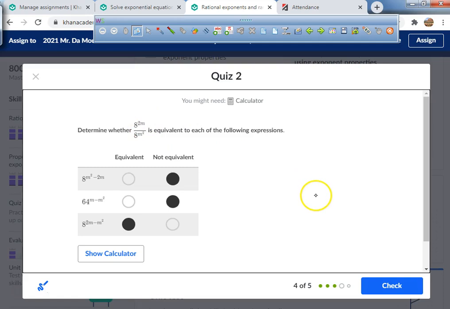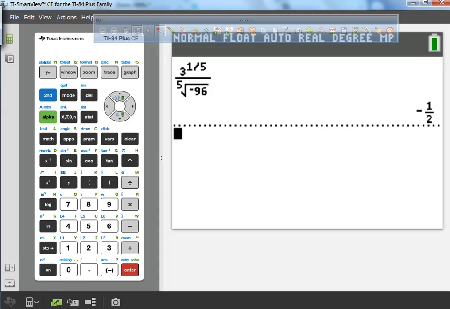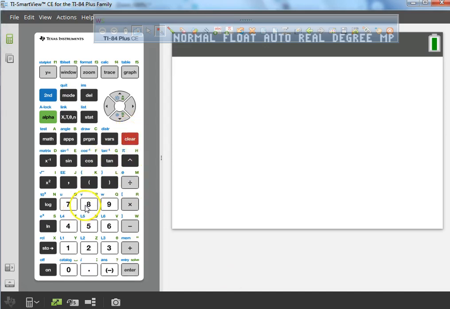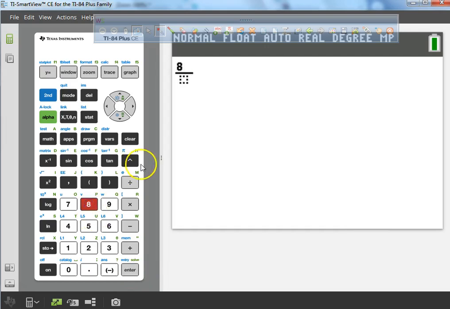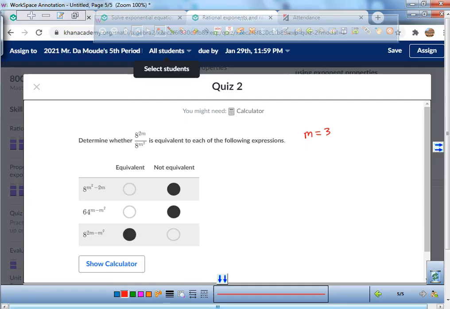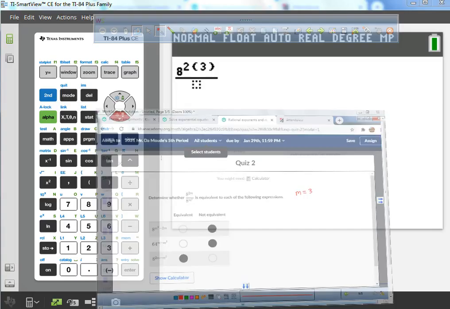But you know what? I'm going to test it with numbers. All right? Let's test it with numbers. What if we said m was equal to, let's say, 3? So I'm going to plug in a 3 and see if they're equal. Right now I'm going to go to my calculator. I'm going to put alpha y equals, enter. I'm going to put 8 raised to the power of 2 times 3. Then I'm going to go down here and do 8 to the power of